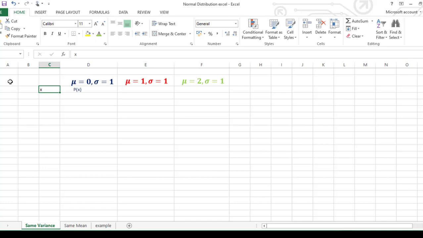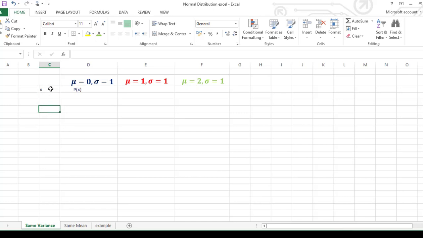So in the last class we have seen the probability density function of the normal distribution, and we have also seen the various graphs of normal distribution. We have seen what happens when the variance is the same but we differ the mean, and what would happen if the mean remains the same and we vary the variance of the curve. Now let us plot the normal distribution curves for different values of mean and variance.